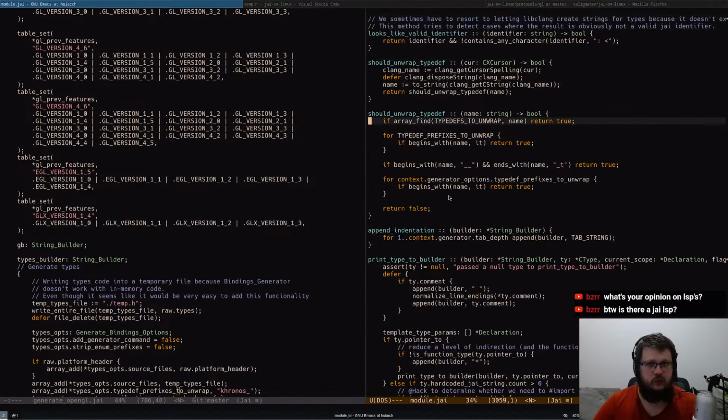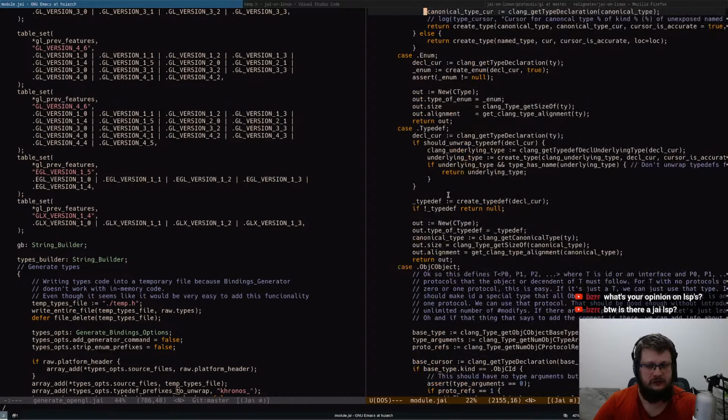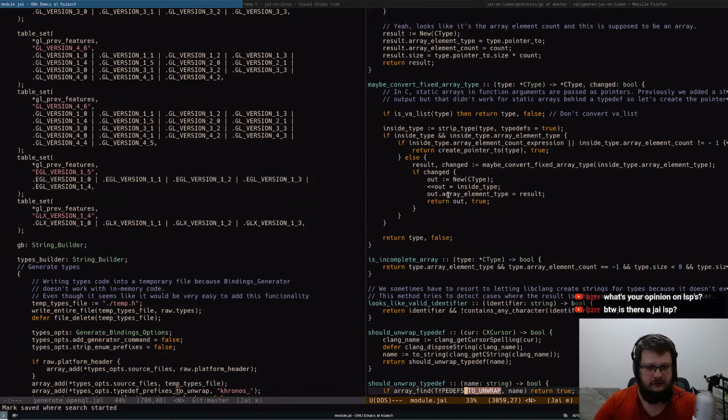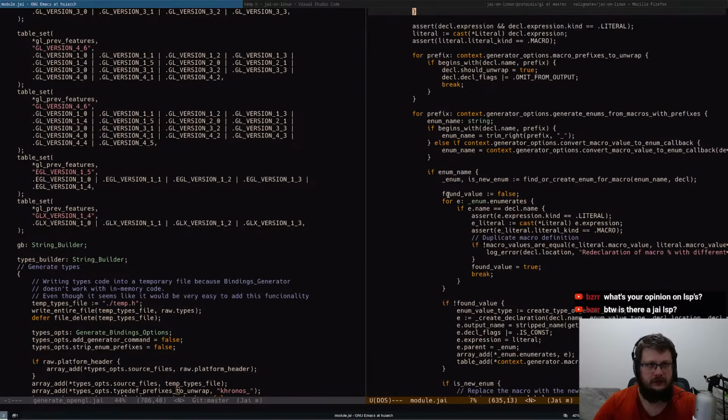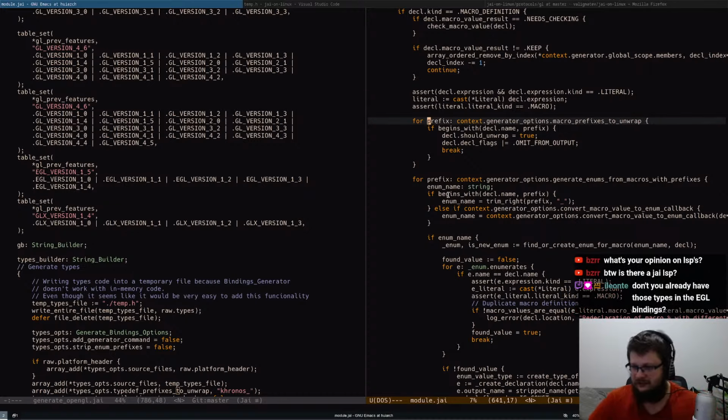But where is it? Why does it not call it? For prefix, blah blah blah, begins with. I wonder why it doesn't do it. Is there JLSP? There is, yes. In the EGL bindings,